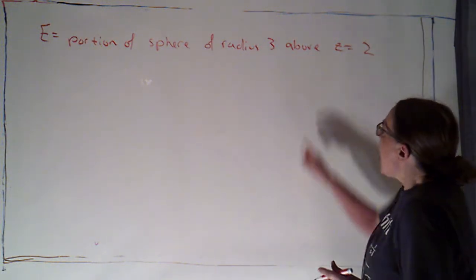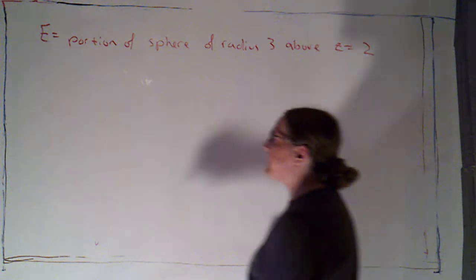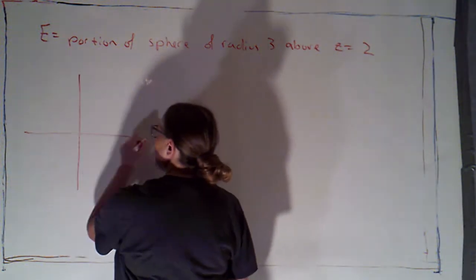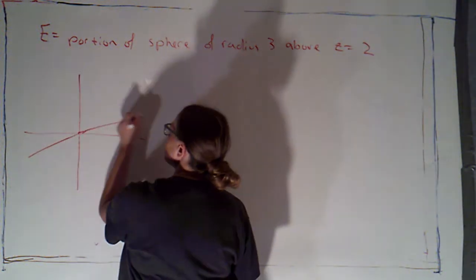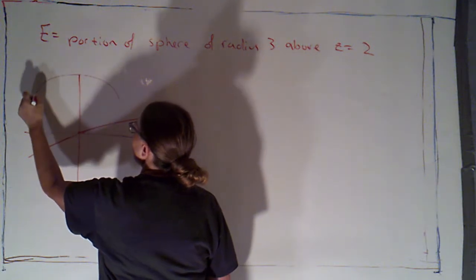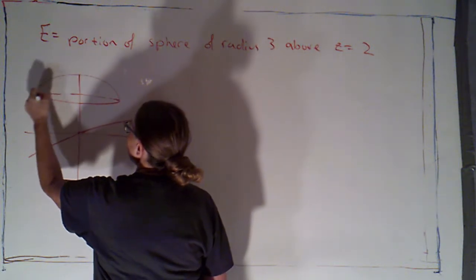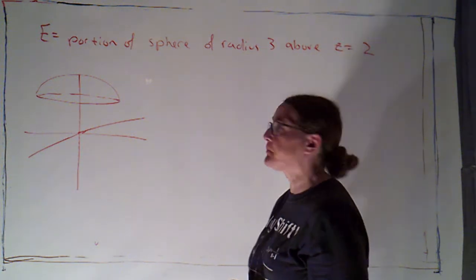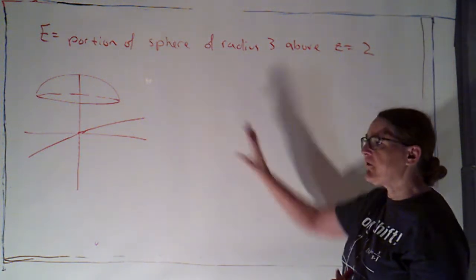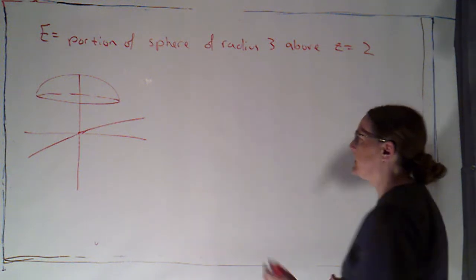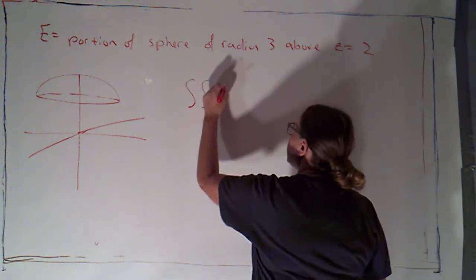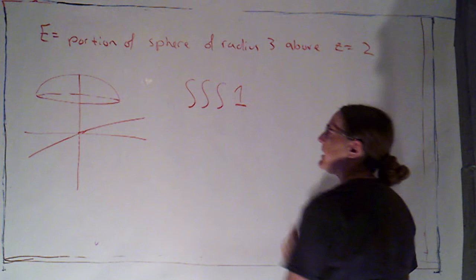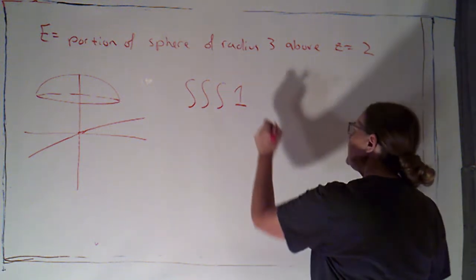All right, so if we're working with this region, I'm going to just notice that it's going to look something like this. We've got a portion of a sphere, but it's cut off by this plane at z equals 2. So I'm going to start finding this in rectangular coordinates. So I know that in rectangular coordinates, I'm just integrating 1. And I'm going to set this up